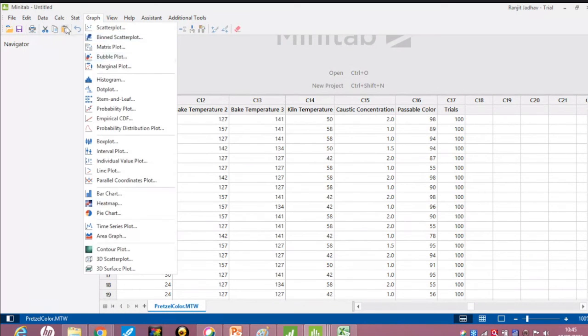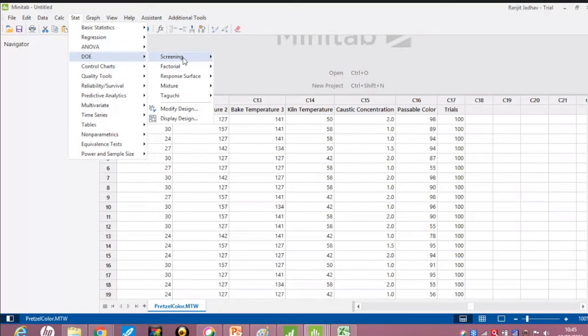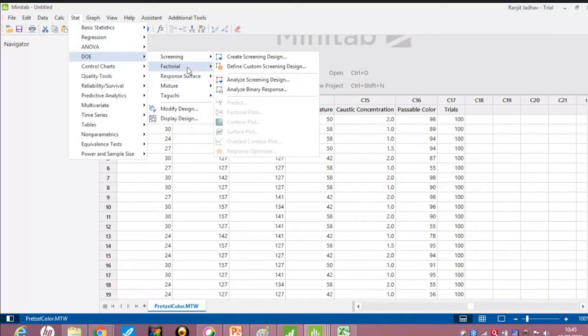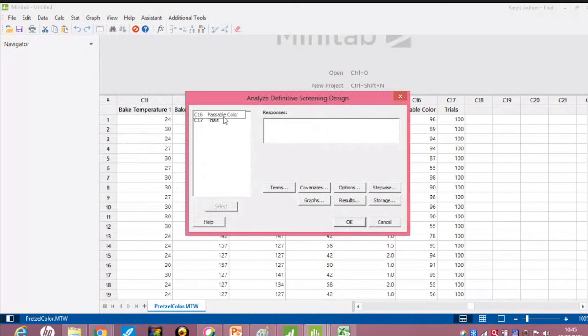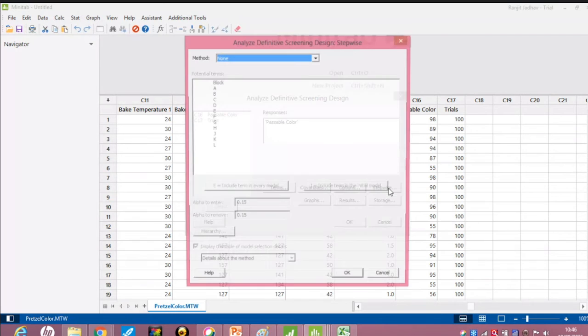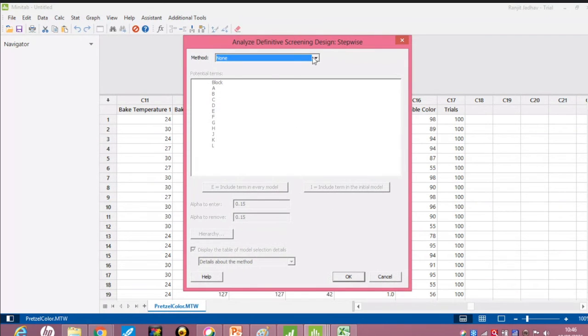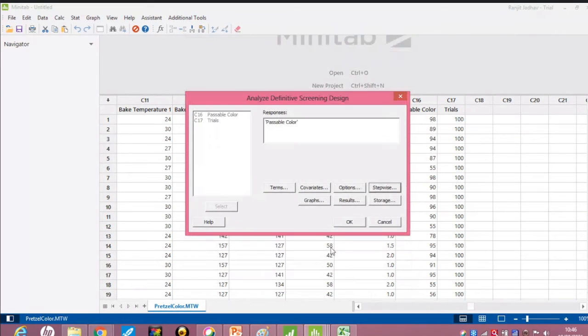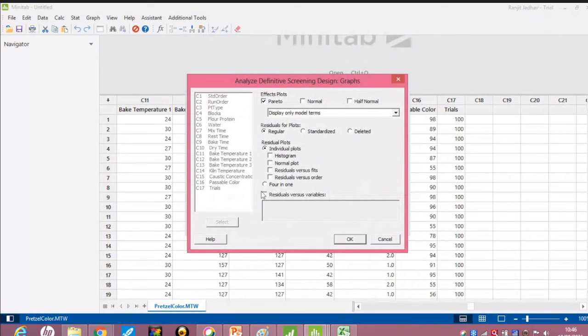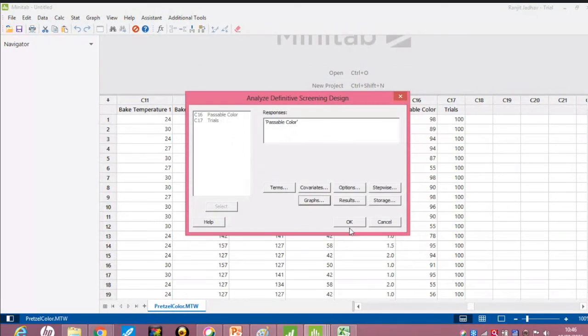Here we go to Stat, DOE, analyze design, color, Pareto 4-in-1.